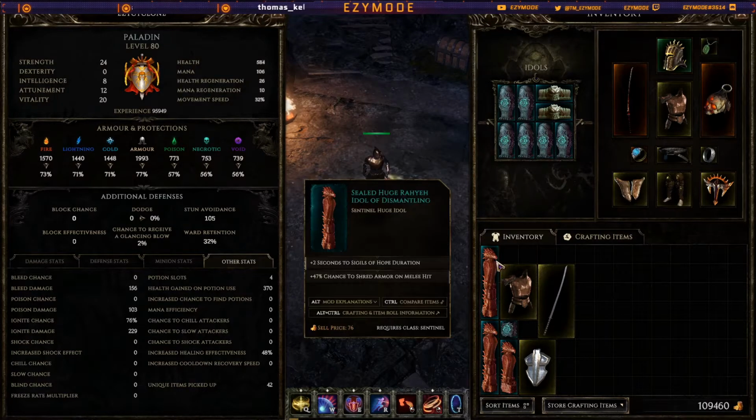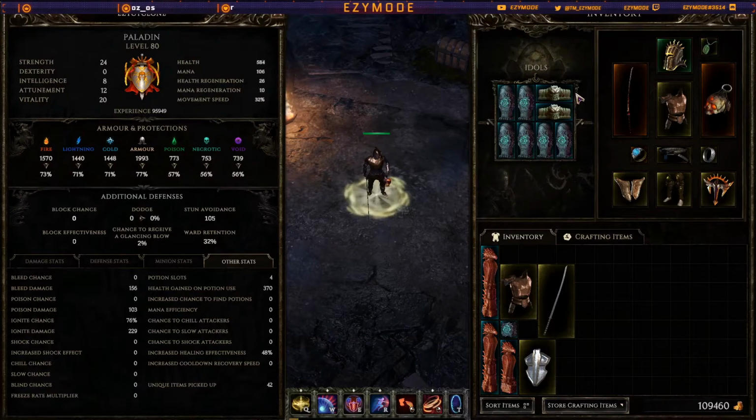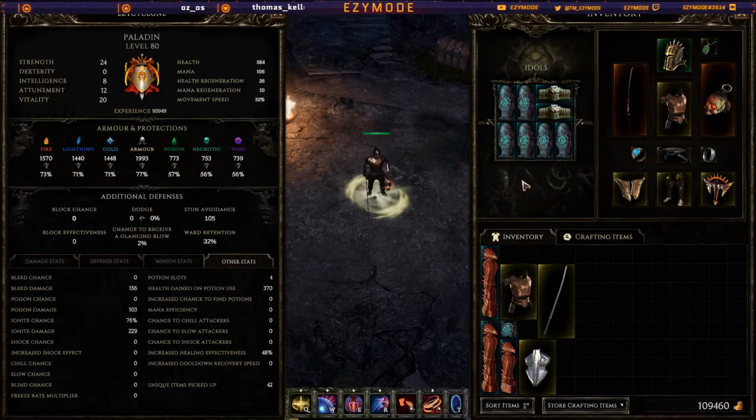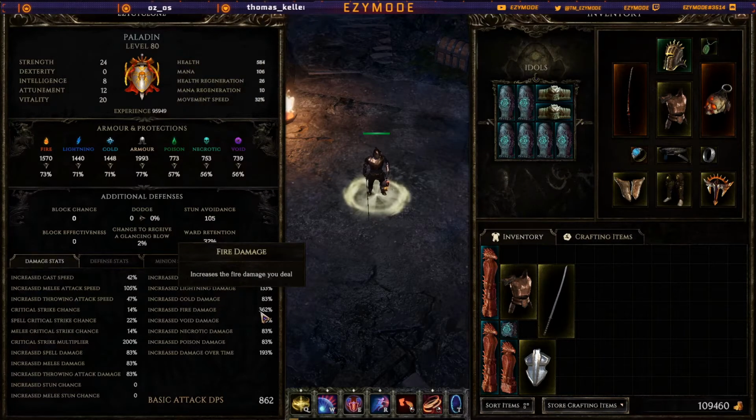When I was using the Sigil of Hope build, I also was using this particular idol, which gives me more seconds on my Sigils of Hope. Again, I would have to shuffle things around to be able to fit this, but that's sort of where I'm at with these items here. Again, it's not optimized. I just got this character to 80. There's a lot more itemization I could go through, but it's pretty crazy that with my stats here,